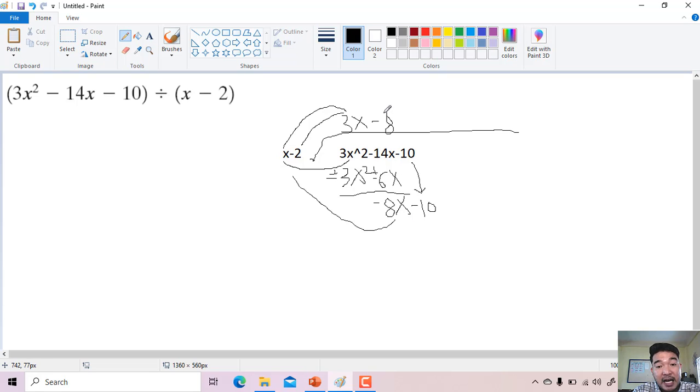And then we multiply, ganun pa rin. Negative 8 by x, then negative 8 by negative 2. So you will have 8. Negative 8 divided by x is negative 8x. And then negative 8 times negative 2 is positive 16 already. And then you subtract again, subtract. So wala na si 8x, negative 8x, negative 10 minus